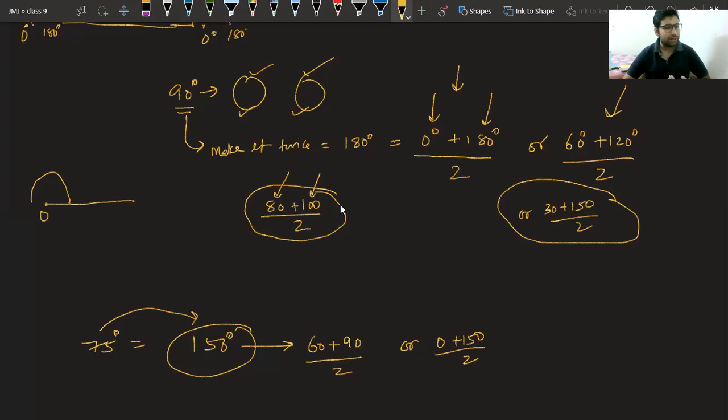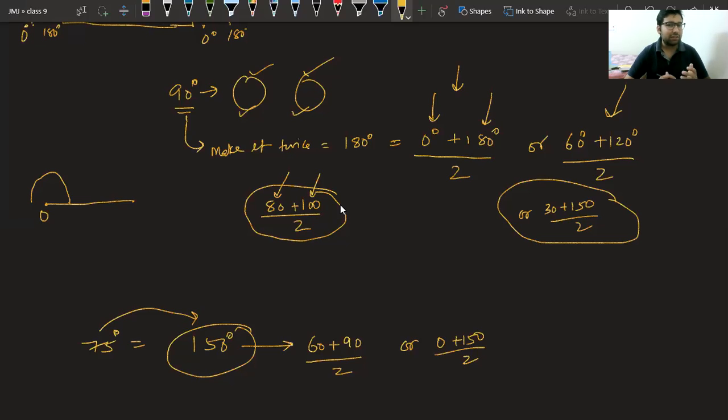Okay, Anuranjan, that's fine. But in this case, you are just adding the angles. You are not finding the bisector. That is fine. You can first draw a 30-degree angle, and on that you can again draw a 45-degree angle, but that will be a little bit tough for you. 60 plus 90 is the easy one. Yes class. Vaishnav is saying 30 and 120. Again Vaishnav, it is correct. No issue, no problem. You can go for that also.